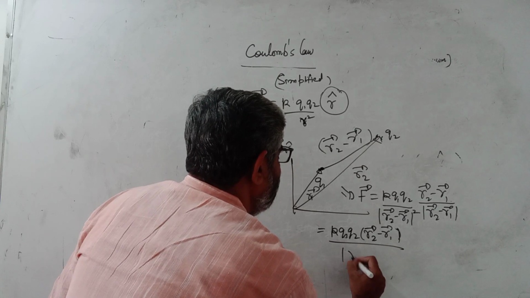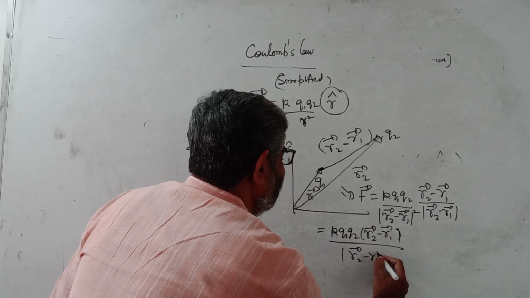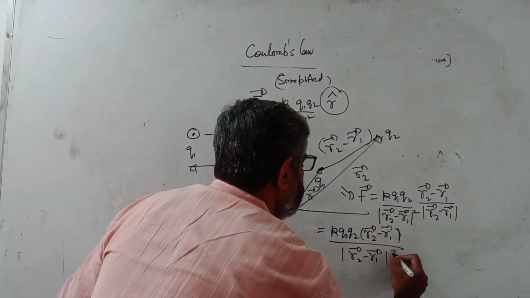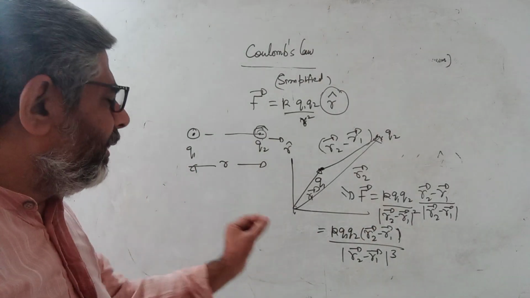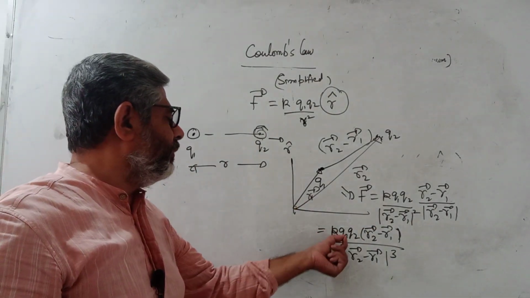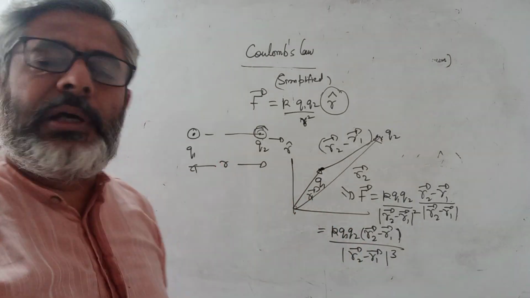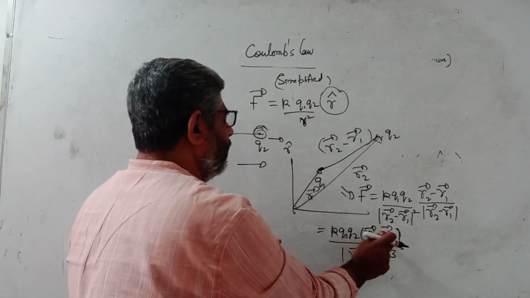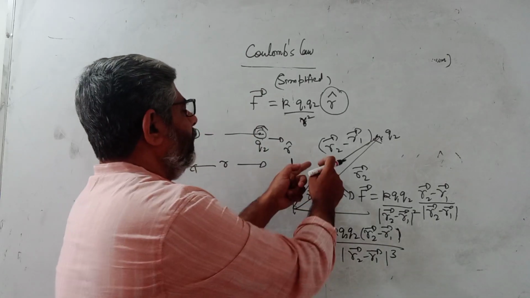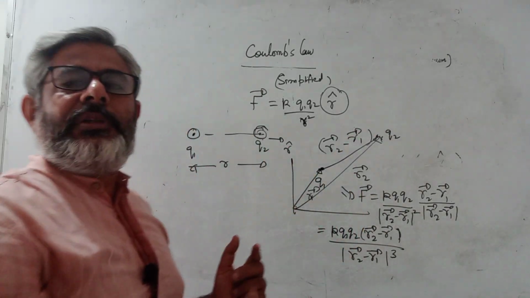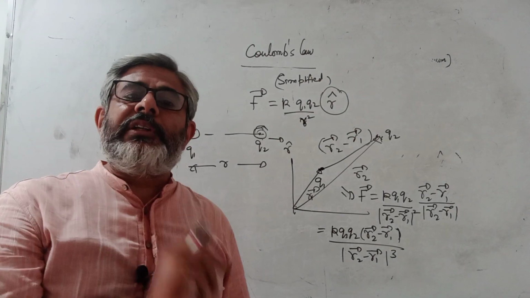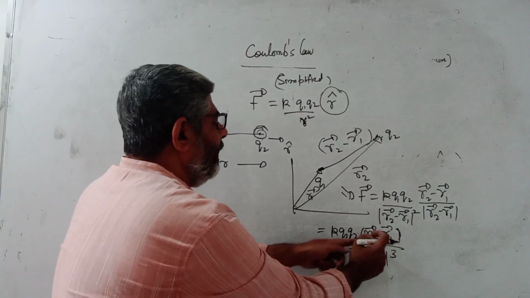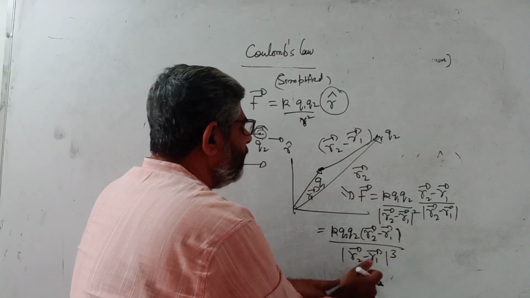upon, ध्यान से देखिएगा, r2 vector minus r1 vector square and power 1, so that becomes the cube of this mod. So a little complex form, but you should remember this also, k q1 q2 into r2 vector minus r1 vector. What does this mean? That is position vector of this minus position vector of the second charge upon the cube of this. So has it become non-inverse square law? No, it has not become non-inverse square law, because I have already multiplied length, vector length in this and divided by cube. It's like this.